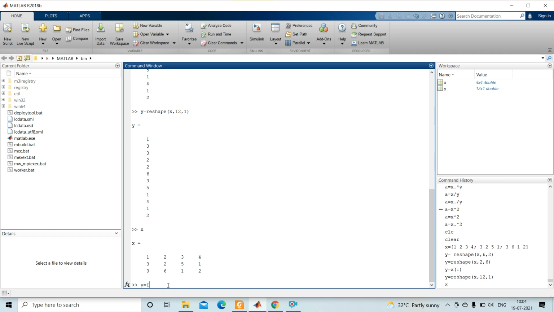Okay, so I am creating 2 space 3, then 3 space 5, 3.